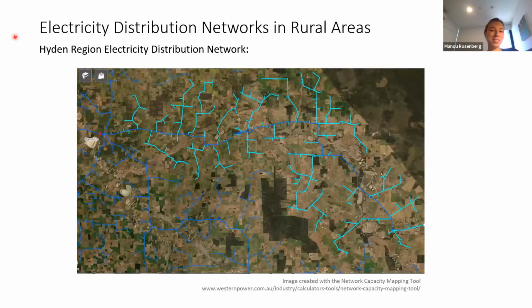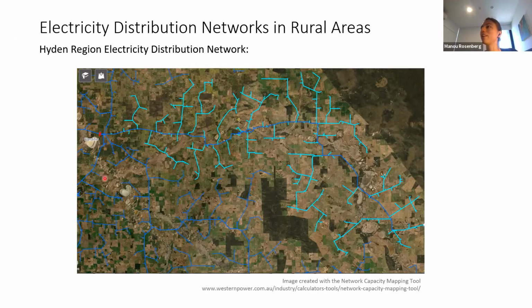Okay, so on the representation of the problem, this is an example of a remote electricity distribution network somewhere outside of Perth in a remote area of Western Australia. We can see that there are no backup lines, so that's what we call a radial electricity network. And for me, in representing the problem, it just means that it's a graph that is a tree,